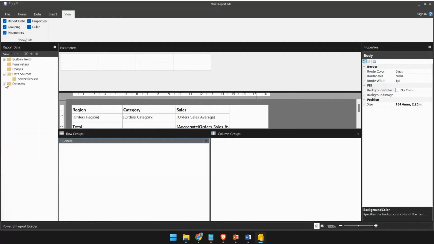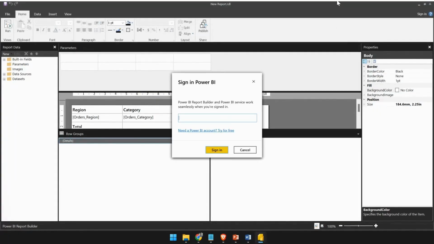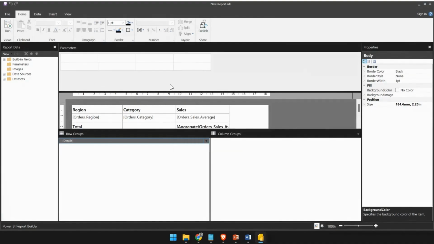If you wish to publish this report on the Power BI services, what you can do is go in the home option and click on publish. It would ask you what is your Power BI services account, so you can easily sign in and then you can choose a workspace, same as we did with the Power BI. For the time being, I'm just clicking on cancel now because it is already on the Power BI services. But still, if you want to publish, you need to sign in with the same account. After you have made all the changes, you can click on the run,